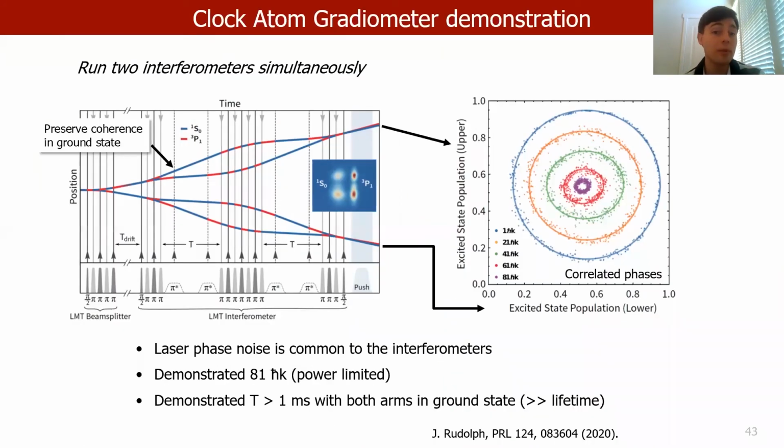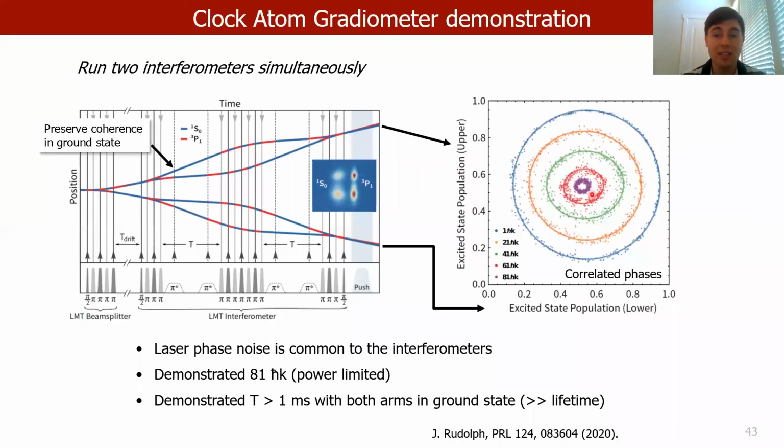In the same work, Jason's group also demonstrated a strontium gradiometer, which is the interferometer geometry that one would use for gravitational wave detection. By using velocity-selective pulses of a particular duration, the gradiometer stores all the atoms in the ground states in between pulse zones, which is important because it allows the interferometer time to be extended beyond the time limit imposed by the lifetime of the excited state.